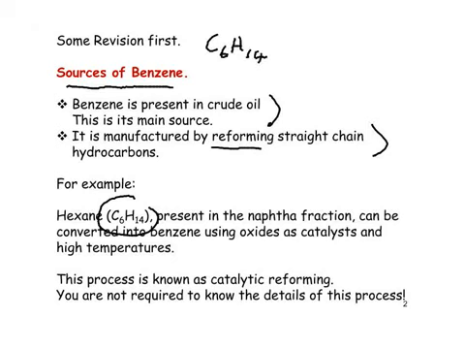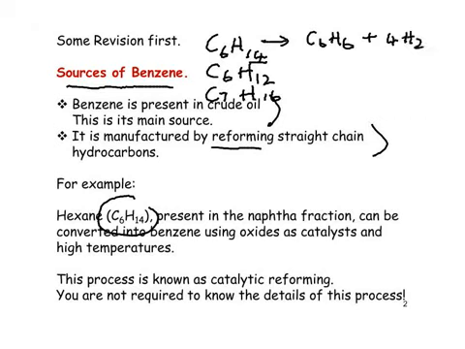C6H14, an alkane. We could also look at a cycloalkane called cyclohexene, C6H12. We could also look at heptane, C7. All alkanes have twice as many hydrogens as carbons plus 2. 2 7s are 14, plus 2, 16. If this undergoes reforming, it produces C6H6. Now we've used 6 of the 14 hydrogens, so that leaves 8 hydrogens, and we have 4H2 then as well